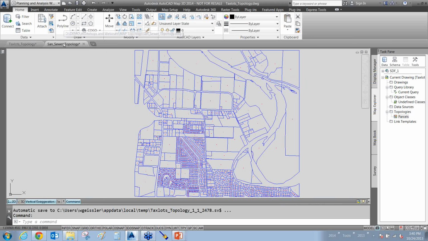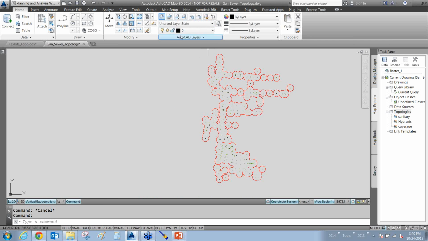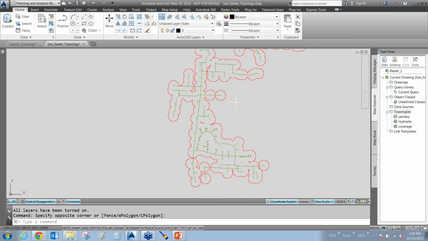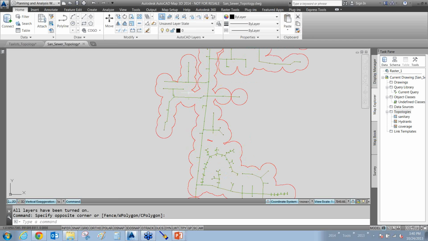The other thing, sanitary sewer or line work or anything else, turn on all of my layers. So water lines, sanitary sewer lines, I want to make sure that they're all connecting. I want to make sure that my line work is clean before I pass it off to somebody. Using the drawing cleanup tools could be a bit cumbersome because I'm not really worried about all of the different kinds of errors. What I really want to do is make sure that all of my line work is connecting and it's touching. And then lastly, with the points and the blocks and the symbols,